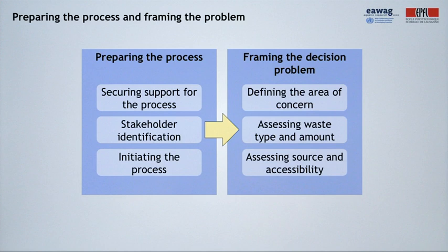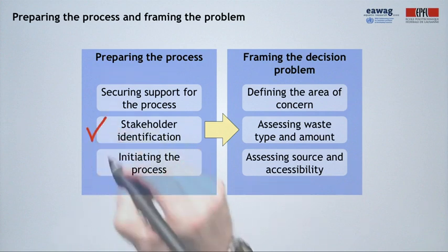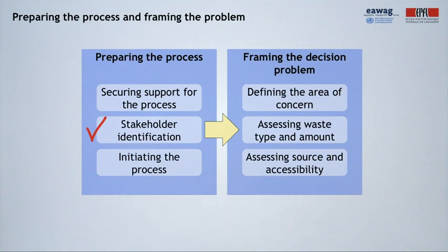The first step involves the preparation and an initiation of the planning process, as well as framing the problem. You want to make sure to have support of key stakeholders, typically the local authorities, but also ensuring enough human and financial resources to conduct the process. This will include a professional facilitator as well as technical experts for the appraisal of options later. Then, a next step is to identify the relevant stakeholders for this participatory process. A subsequent task is to then frame the decision problem.